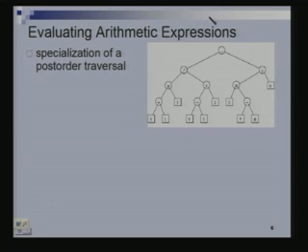As you can see, it is like a post-order traversal. We have to compute first the value of this, then the value of this, and then take their difference, which is the operator sitting in this node. And how do I compute the value of this? Well, I have to compute the value of this left subtree, the value of this right subtree, and then do the division, because that is the operator sitting here.